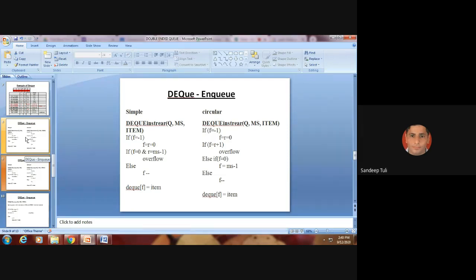Now delete from front is simple, as we have done in the simple queue. Now we need to see how we will delete from rear. Tell me, you are going to delete in DQ from rear. We did not do deletion from the rear end in normal queues, so tell me what will happen. Delete at rear.